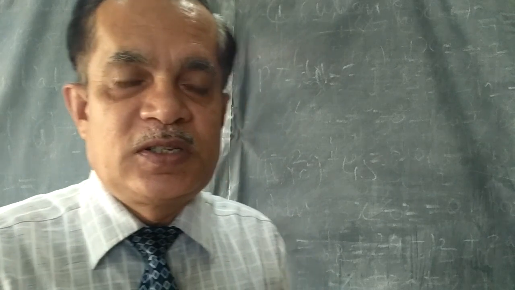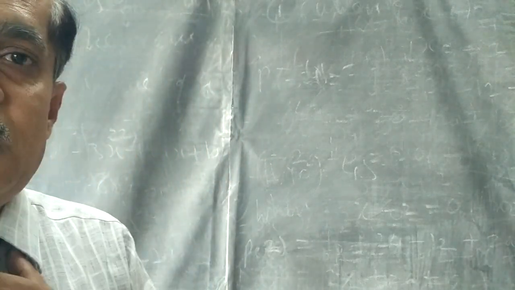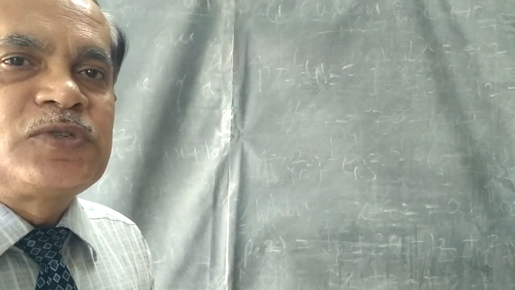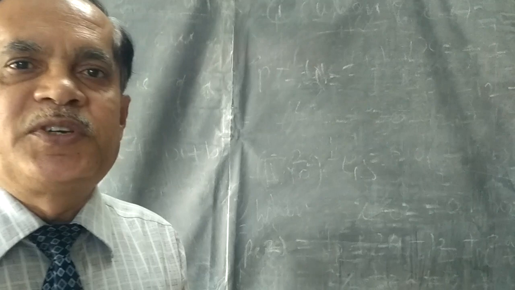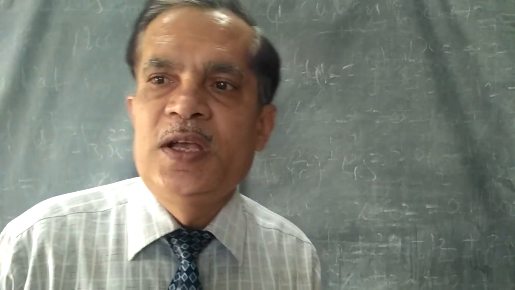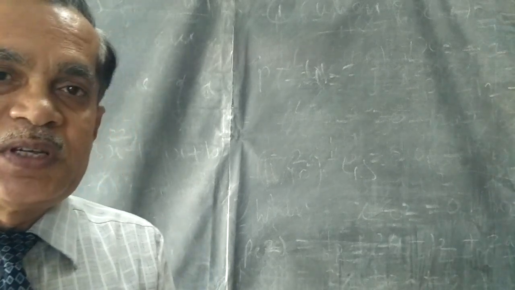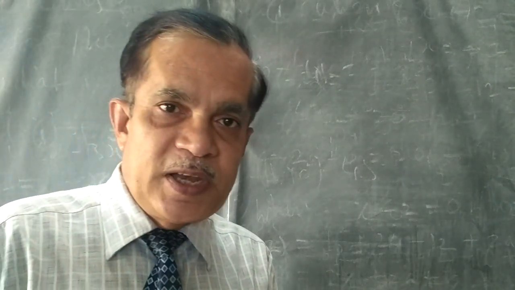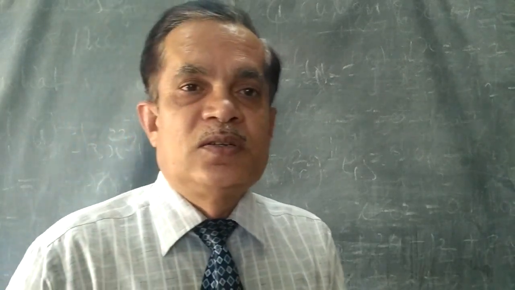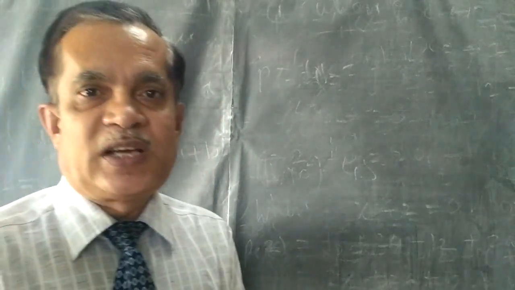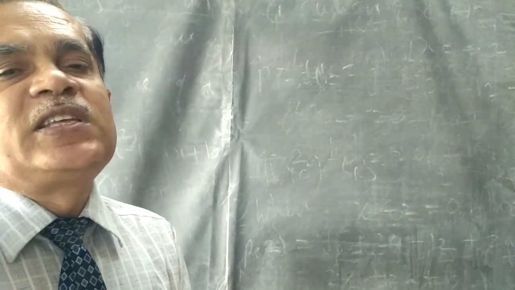Very good. Students, in the previous video we discussed the substitution method of solving a pair of linear equations in two variables. In substitution, you find the value of one variable from one equation and put that value in the other equation, so that the second equation has only one variable and we find the second variable. We have practiced this example. Now we will see the second method, the elimination method.